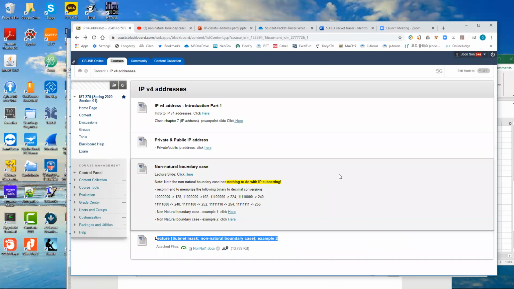I'm going to briefly explain what this non-natural boundary case is, first of all. Then you can look at the details by watching my video tutorial, okay? So